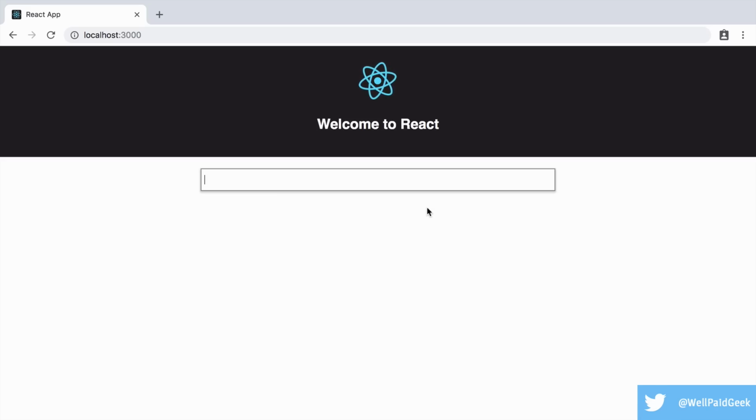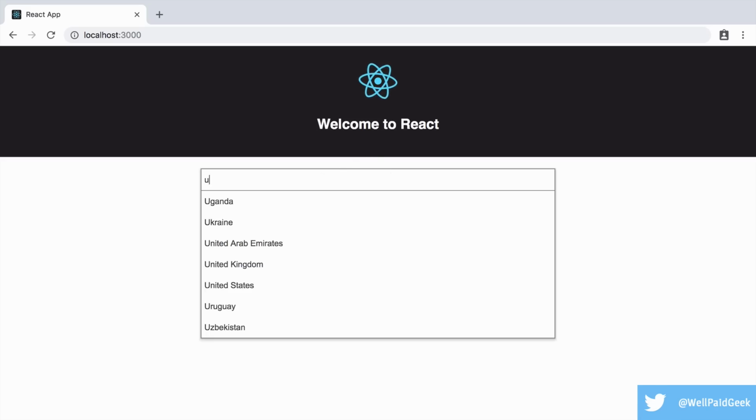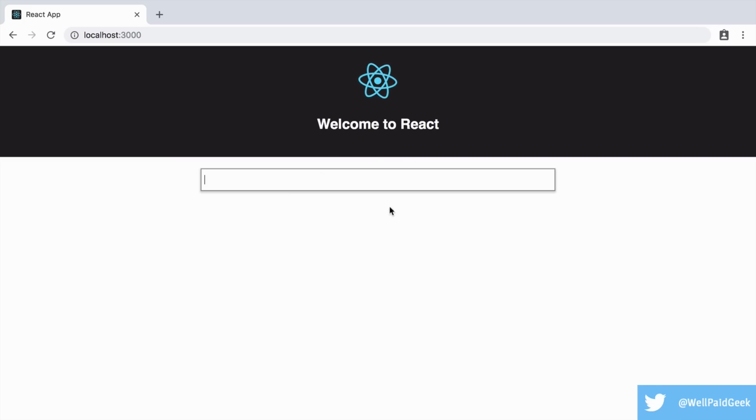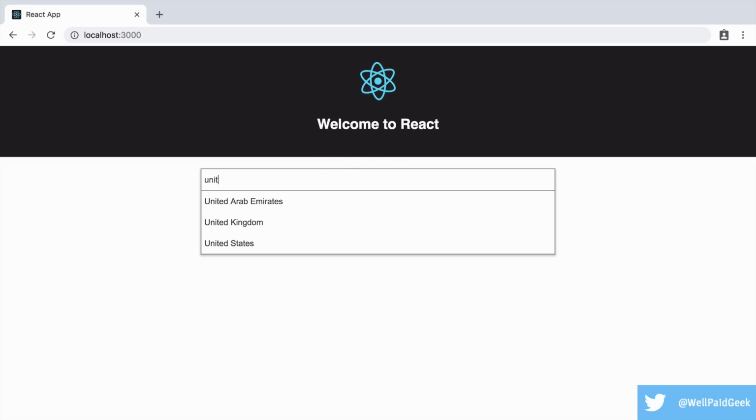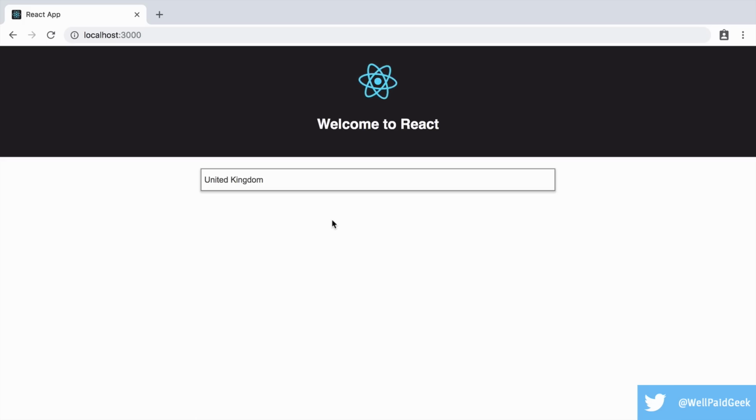Now we're going to move on to building a more useful real-world component. I'm going to be teaching you how to build this autocomplete text box using React. It's one of those text boxes where you type and get a list of possible items you can select which fill in the text box, a bit like the auto-suggestion search boxes on most search engines. What I really like about this is that it has real-world uses. It's a very simple component, but by creating it you'll learn about reusable React components, props, component state, and using